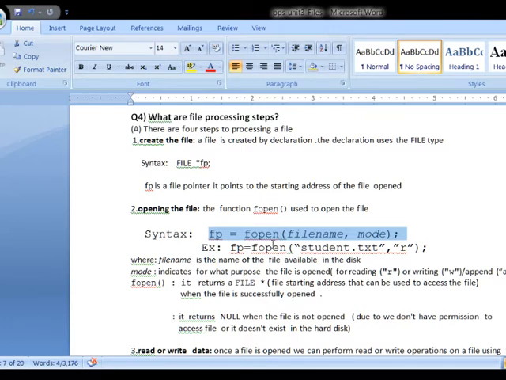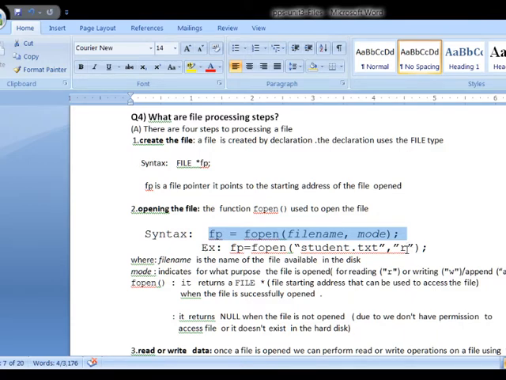So fopen is a function used to open the file. Along with the file name you specify for what purpose we are going to open this particular file, and that is represented with the help of the mode. What is the mode you have to specify?